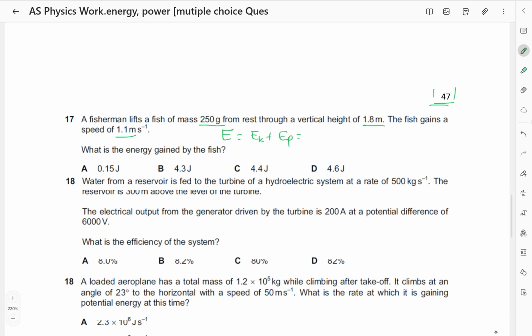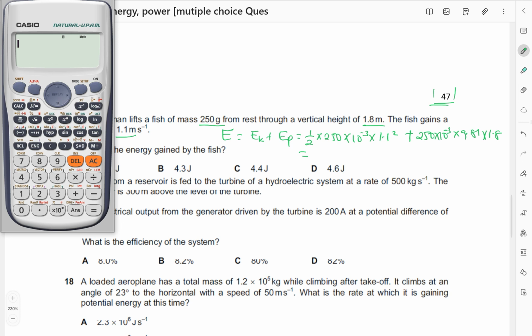potential energy. So this will be for kinetic energy a half times the mass, which is 250 times 10 power negative 3, times the speed, which is 1.1 squared, plus for the potential energy mgh, which will be the mass, 250 times 10 power negative 3, times g, which is 9.81, times h, which is 1.8. So I'll just press my calculator. So this is going to be 0.5 for a half times 250 exponent negative 3, then times 1.1 squared, which gives us